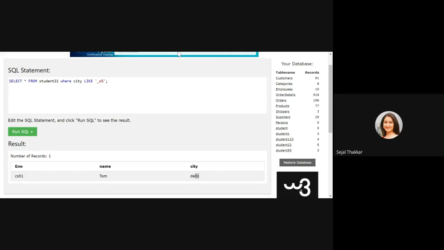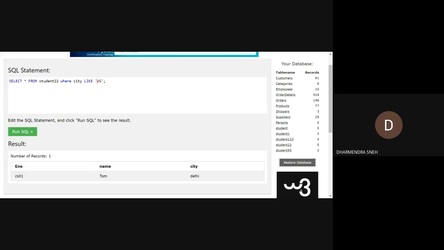Okay. Ma'am, can we use AND here? Like percentage e and e percentage. Like E percentage, and after the quotes are closed, AND operator, ma'am.